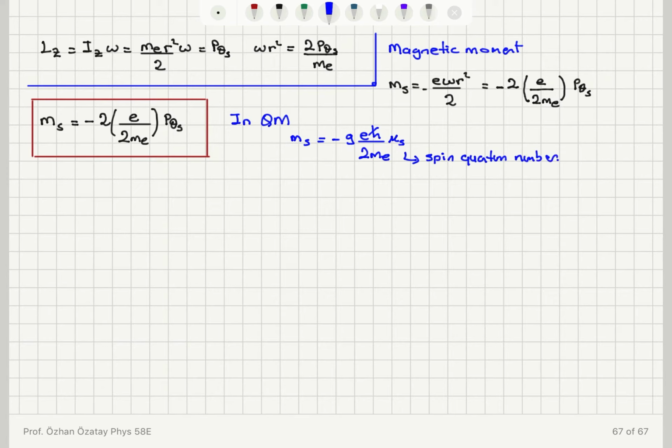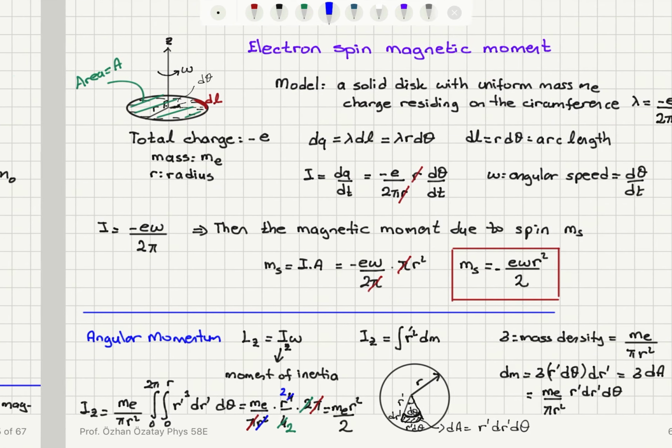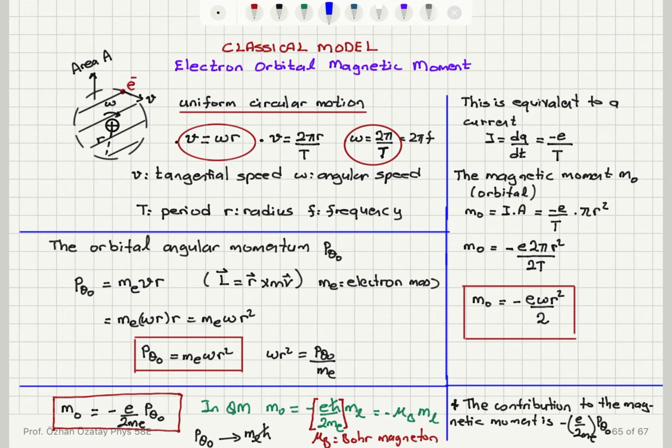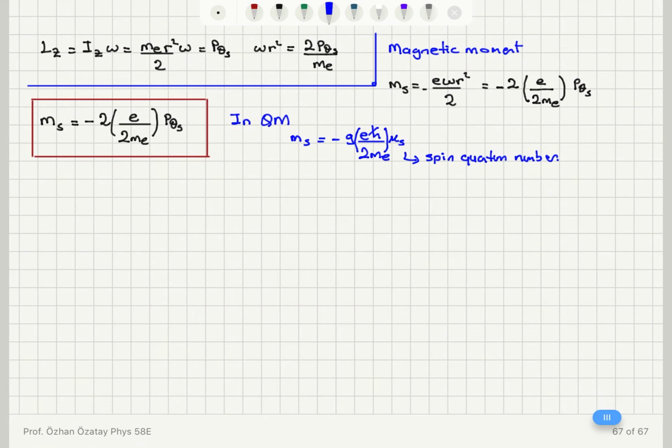So I find that the quantity in parentheses, e h bar over 2 m e, is what I observed also in the classical model for the magnetic moment for orbital motion. So in quantum mechanics we see e h bar over 2 m e, that's a Bohr magneton. So basically the quantum mechanical result is minus g Bohr magneton times